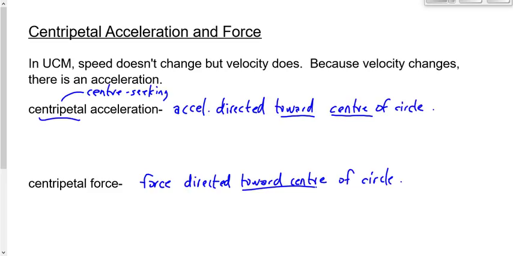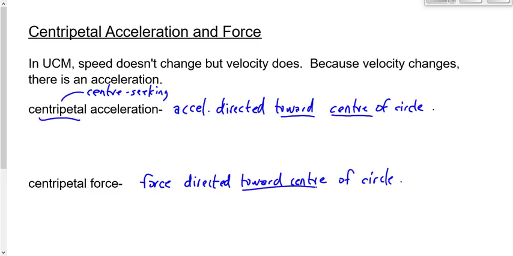But something always causes the centripetal force. It's never a force that acts on its own. It's always caused by something. In the case of the Earth going around the sun, the centripetal force is caused by gravity. In the case of a car going around a turn, the centripetal force is caused by friction. In the case of the keys going around my head, the centripetal force is caused by tension in the lanyard,